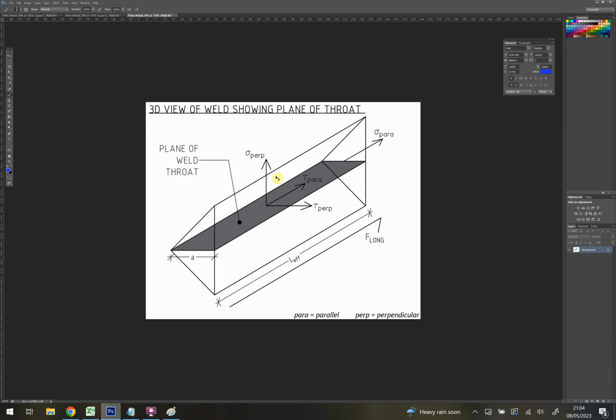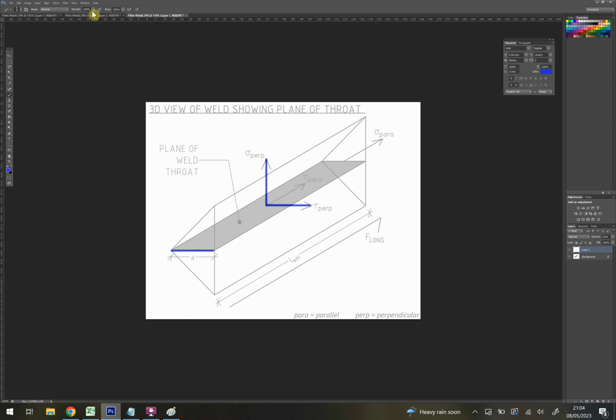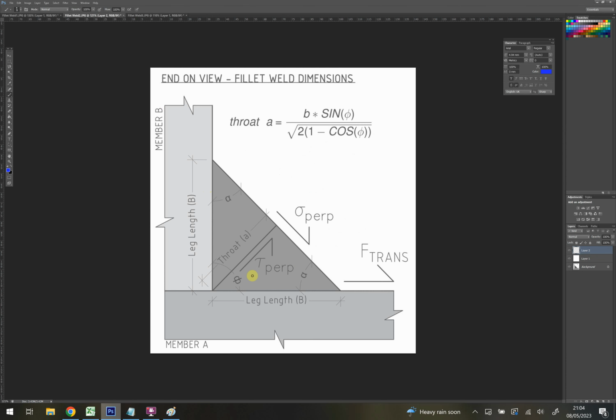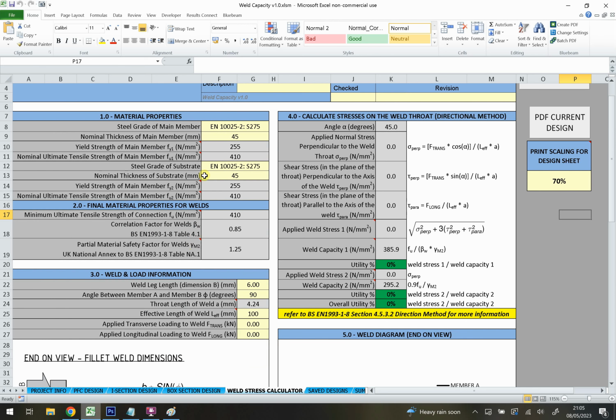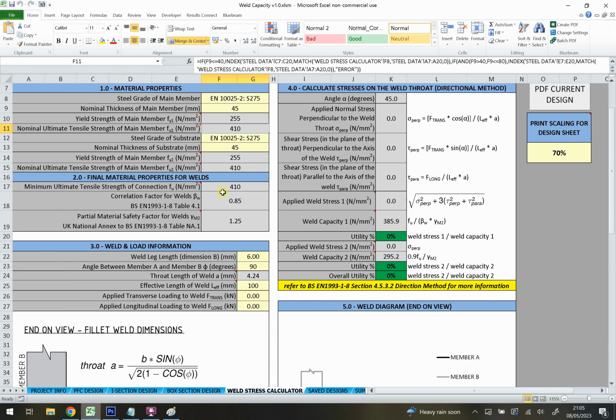And the way we do this decomposing method, let's go back to this one, is we use some trigonometry here to work out this alpha, and then we use the alpha value to work out what our forces are. So if I go back to the spreadsheet a second and run through this, our first section here is just defining our material properties and our thickness of steel. So you can pick a steel grade and thickness. That's going to give us our ultimate limit strength of the material, and then the spreadsheet picks the minimum one